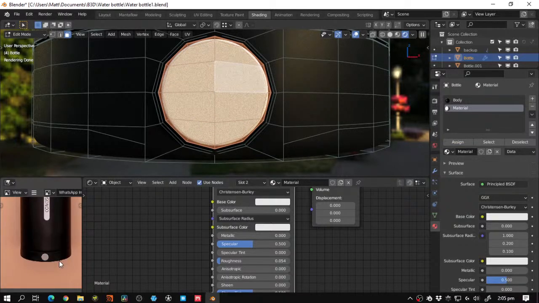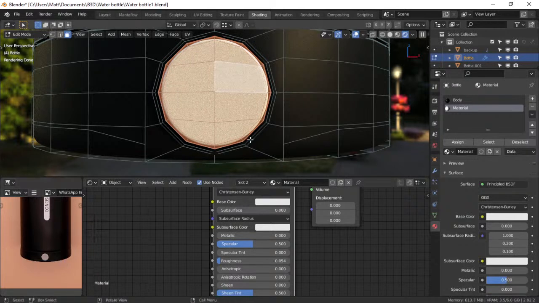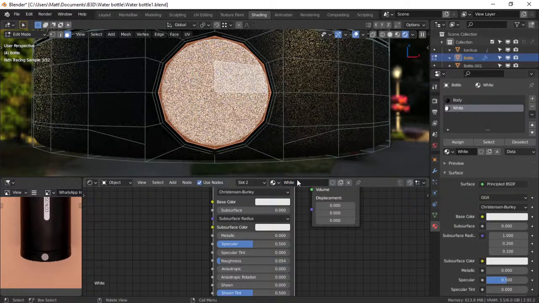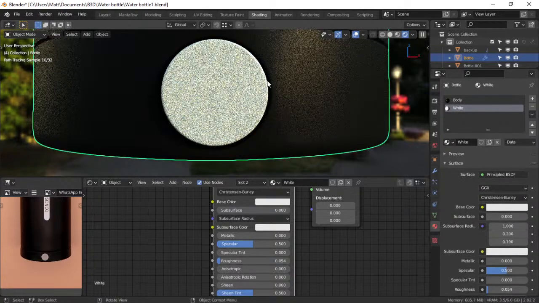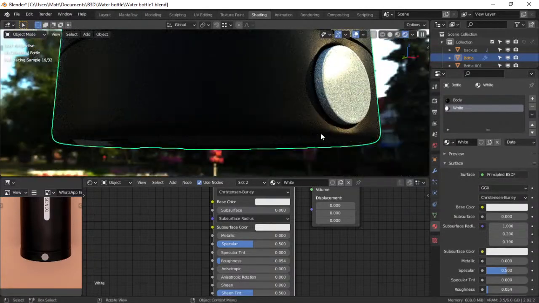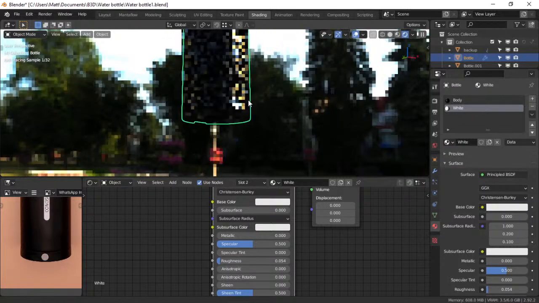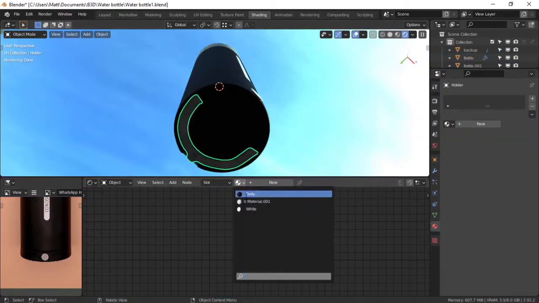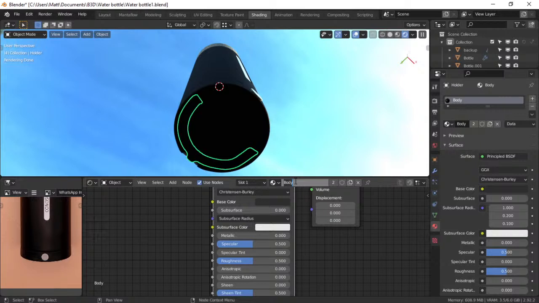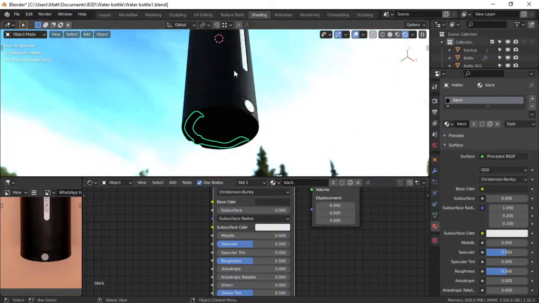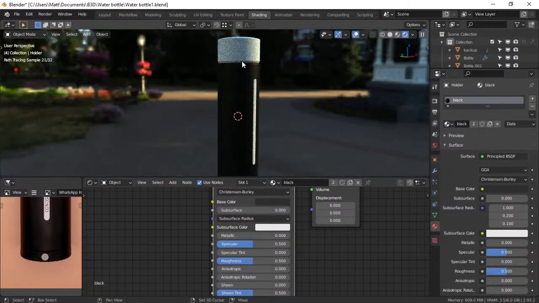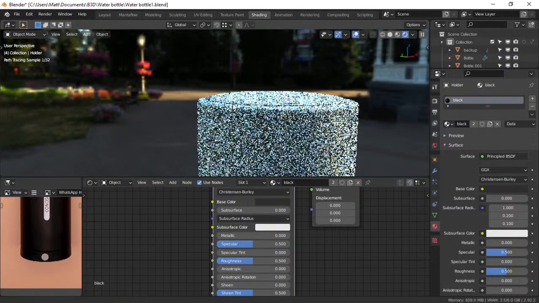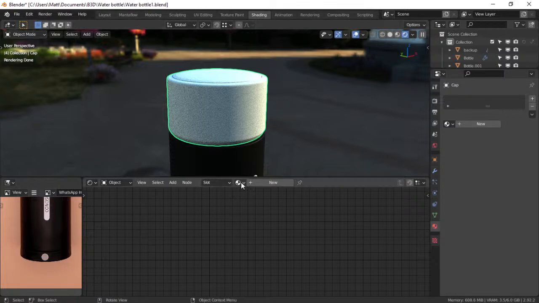Because I believe the button is white, isn't it? Yeah. I just want to name that white. So we have that. This is going to be the body, so maybe I should just call this black, because the other materials are going to have their names as well, so we might as well just call it black. So we're gonna put black on this,